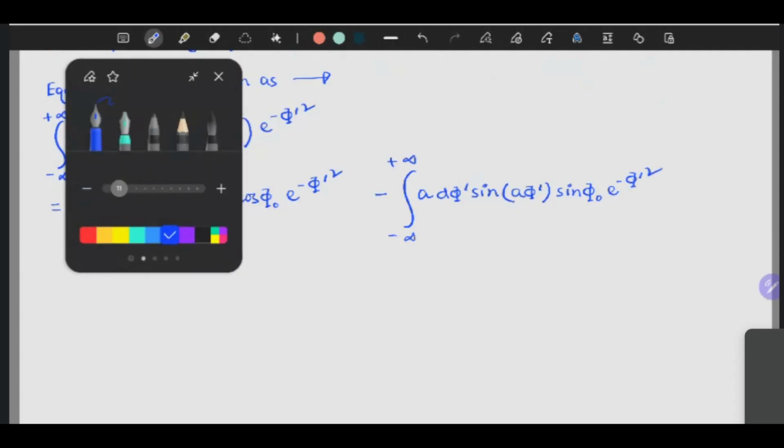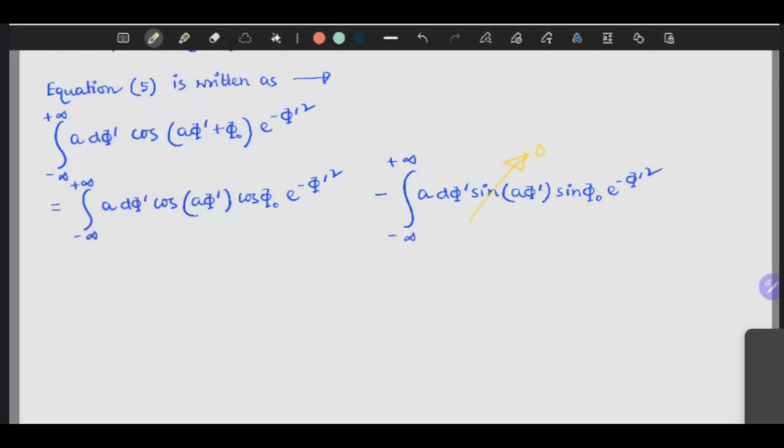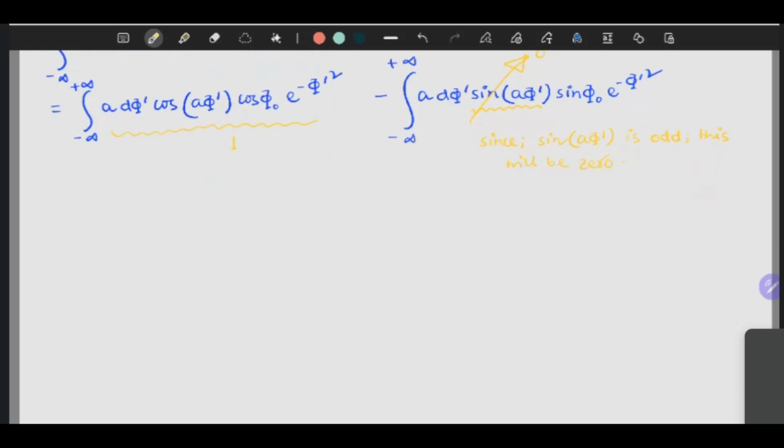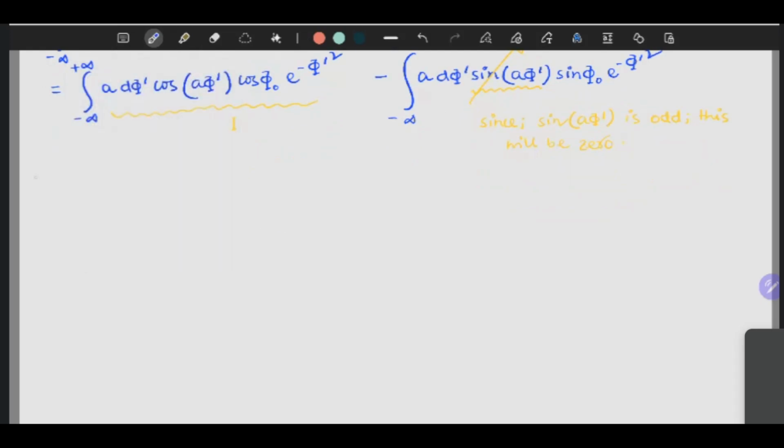Now this term should be 0 because this is odd in the variable, since sine of a phi prime is odd. That integral will be 0. So now if you take this as an integral I, then this I becomes